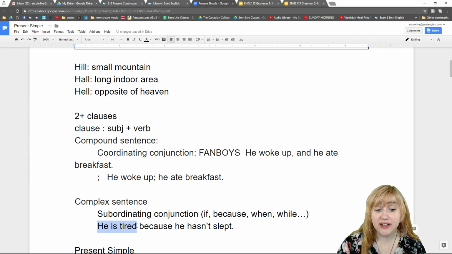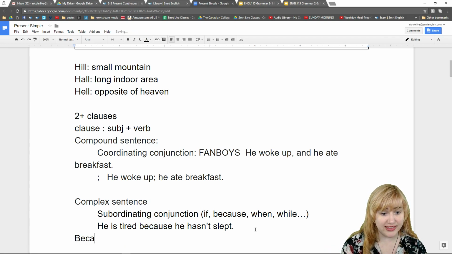So he is tired is a clause. He hasn't slept is a clause. And we join these two clauses together with because. Because is a subordinating conjunction. And you don't need a comma if it's in the middle of your sentence. If it's at the beginning, like this,